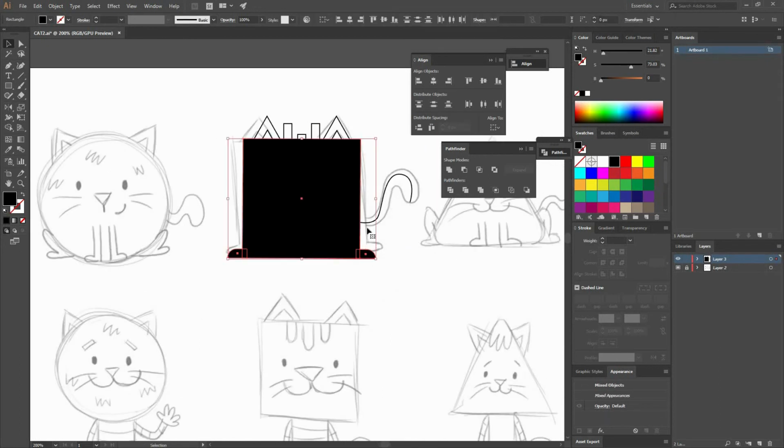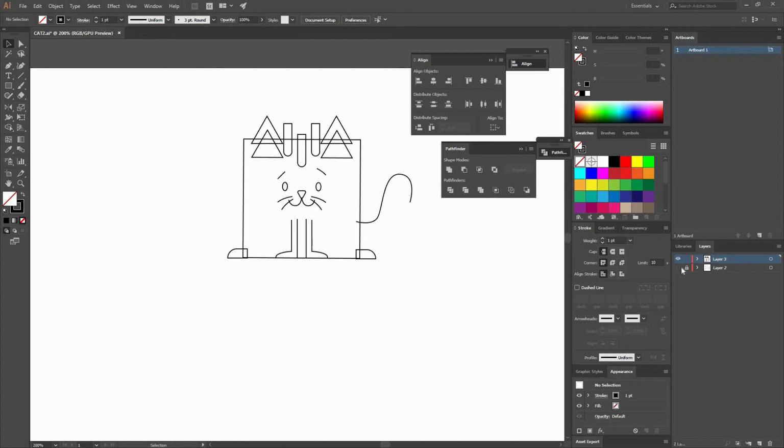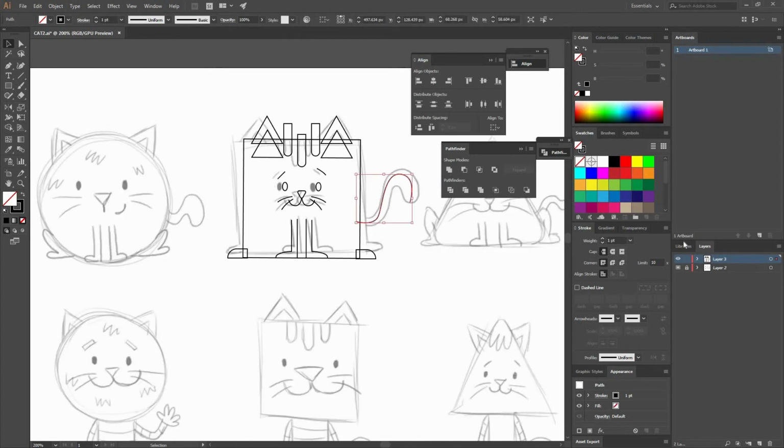So now let's have this back to outlines. Now I'm going to add some color to my cat. First I'm going to go to my tail, increase the weight to something like 14, and make sure that my caps are rounded, and go back to my width tool and just increase it and decrease it on certain areas so you can see the difference. So maybe something like that. You can see how that is giving the cat a whole different personality.